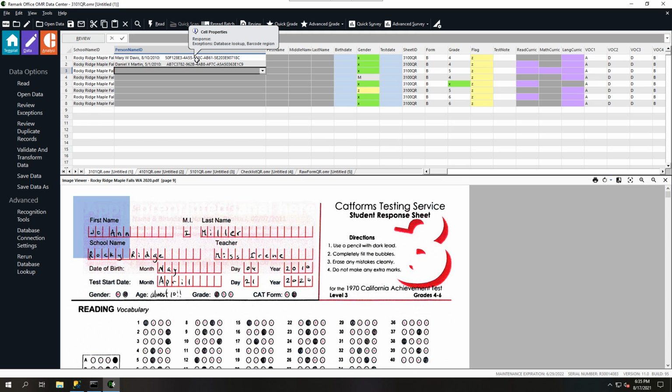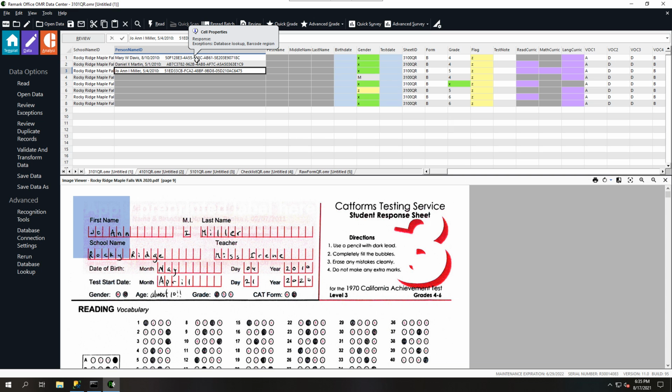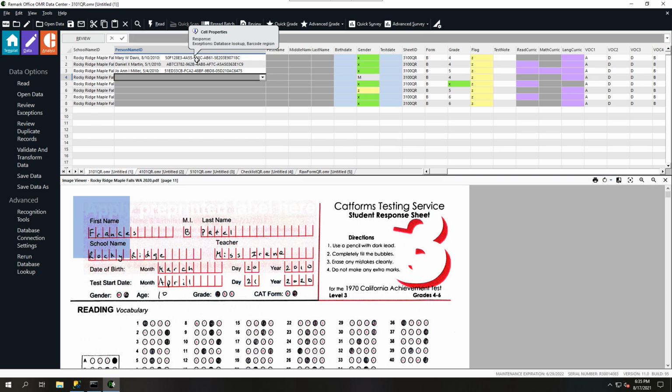And the next one, Joanne. Now the other thing we can do, we typed J and we don't have the right person here yet, but on your keyboard, if you hold the Alt key down and press the down arrow, it opens up the drop down, and we can arrow down to Joanne Miller and hit enter, and that's another way of entering it. And then we have Francis Patel,